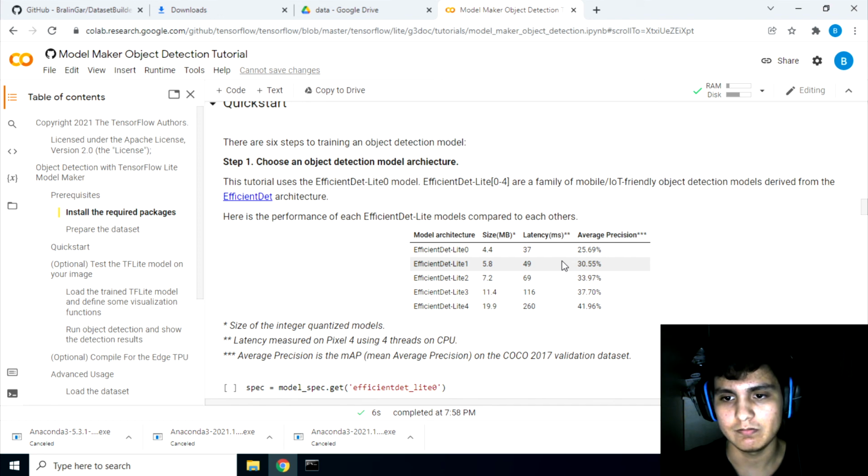But for me personally, the Lite0 is what's usually used. It's much like the SSD or whatever is on the first for machine learning. I wouldn't go above 2 because your model gets a bit slow after that. And I find